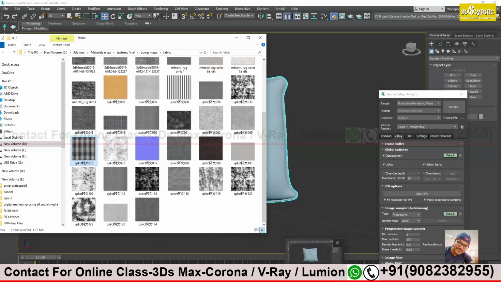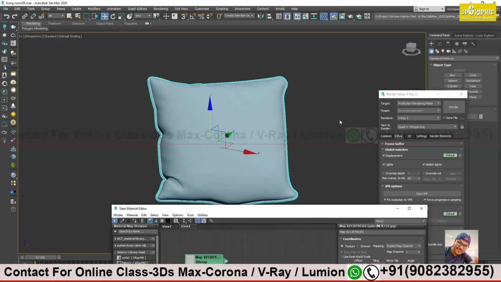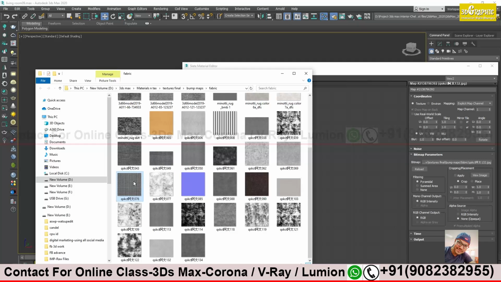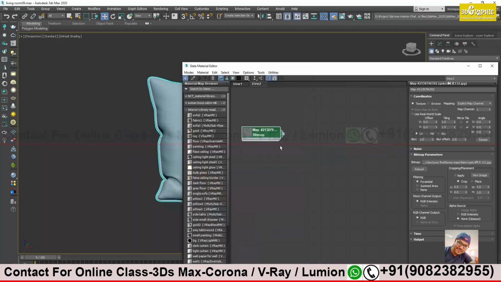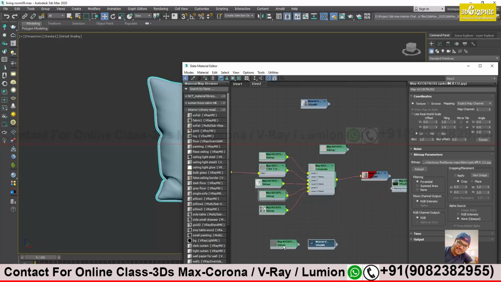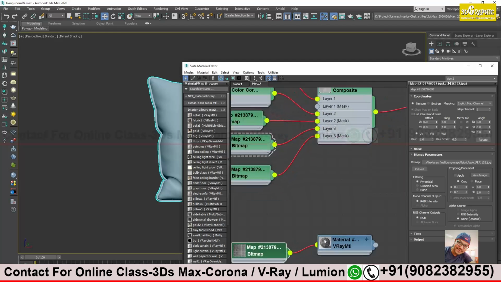What am I looking for? Material editor. Quickly, I will bring one of my cushion textures. Video material. Diffuse.